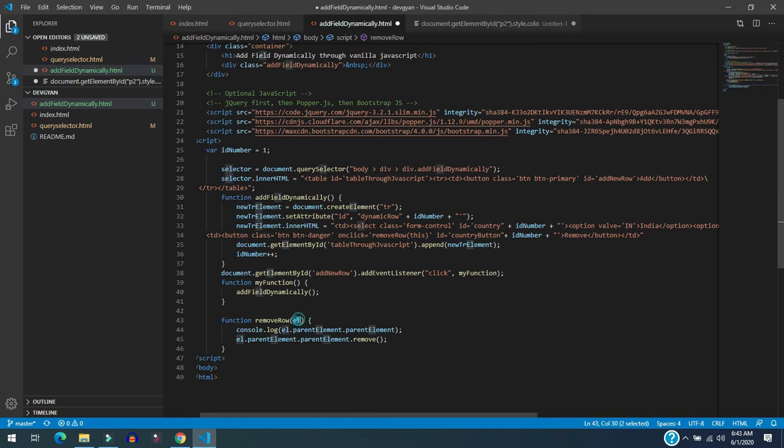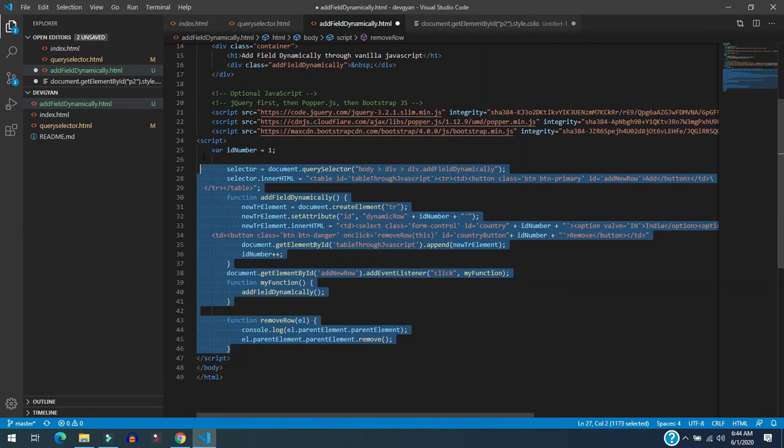Since this element, meaning the button, gets passed, we use parentElement so that we can select its td, and again we do parentElement, then we move to the tr. Now that we are at the tr, we use the JavaScript function to remove that tr, and in this way the tr got removed.